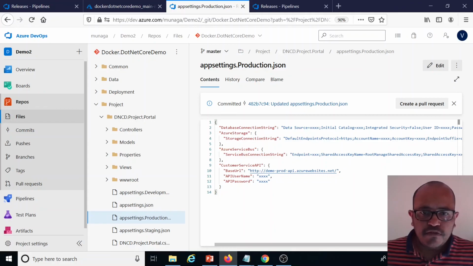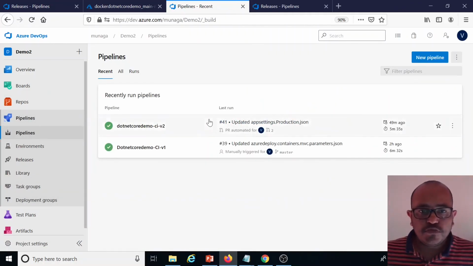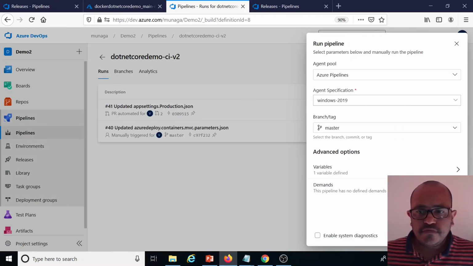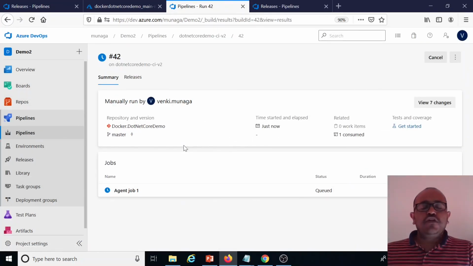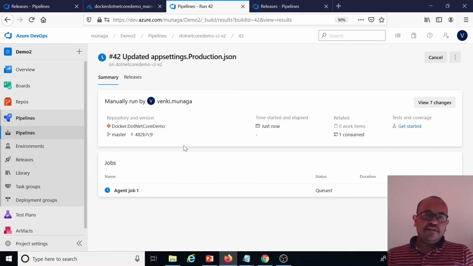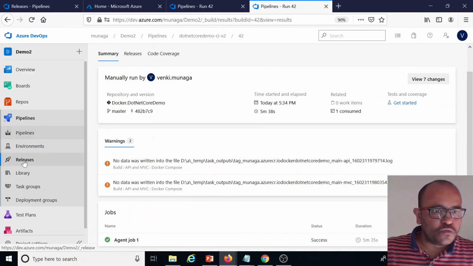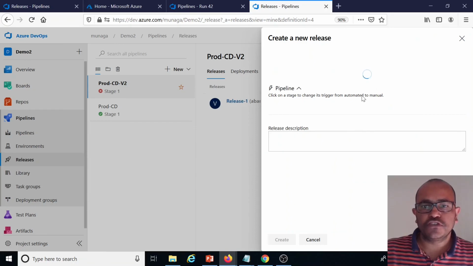Okay, now this is done. Now I am going to trigger manually because I disabled the branch policy for the V2. After completing this one, we will release to the CD pipeline, the new release pipeline version 2, so that you can see the integration between these two also. That build pipeline is completed. Now we are going to release the version 2 one. Click on the releases. This is the one, right? We are going to trigger this one.